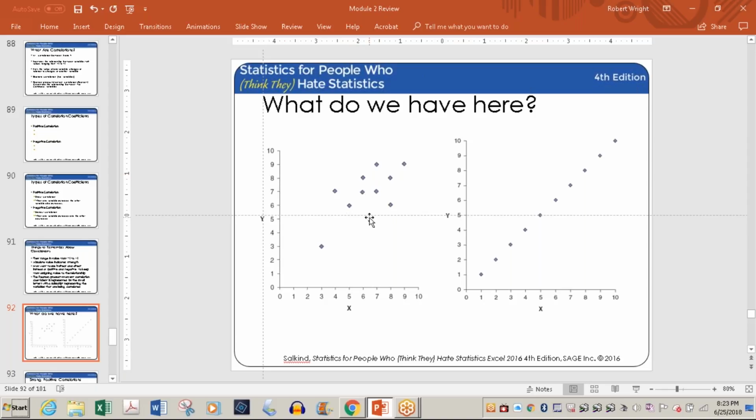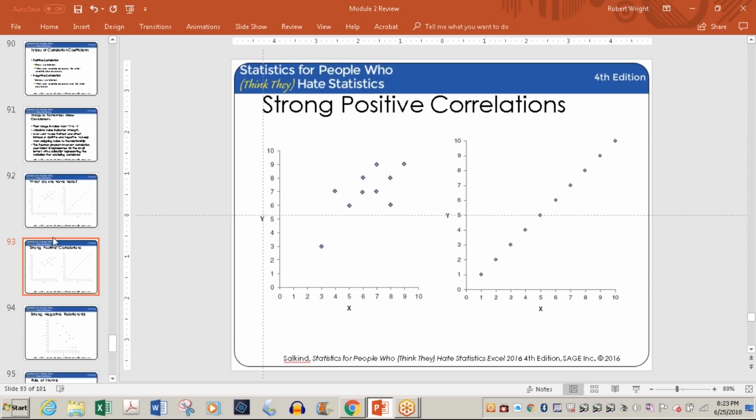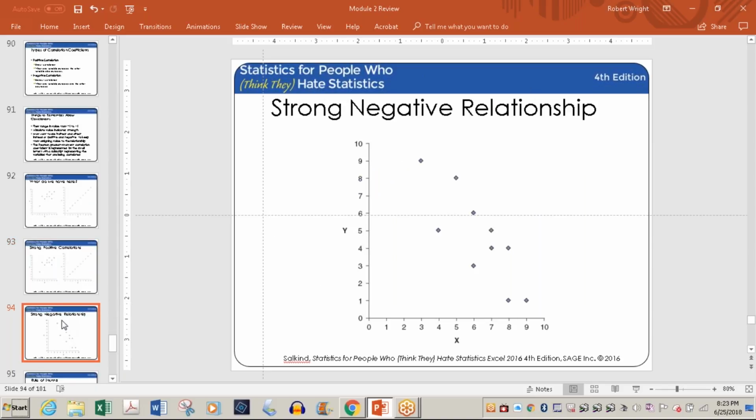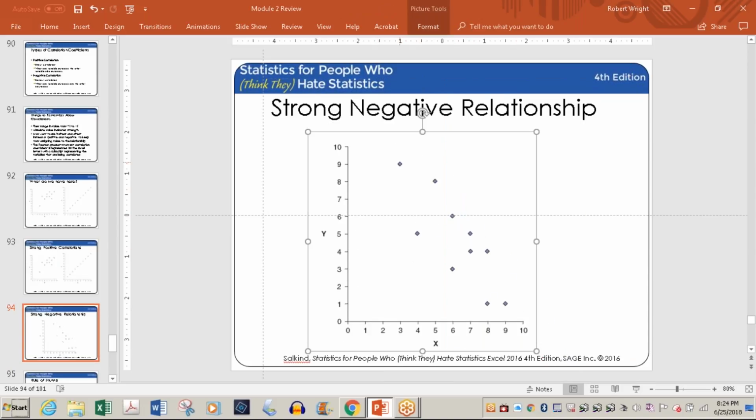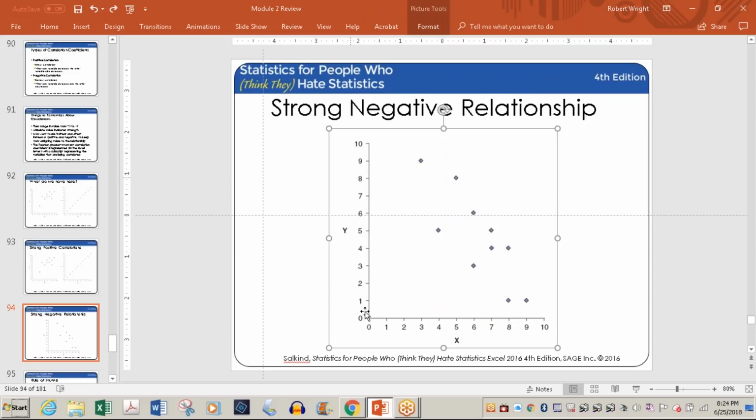Now on the flip side of that, here's a strong negative relationship. You see, it's a downward direction of your correlations. Here, whatever 3 was, 3 pounds, they were able to lift it 9 times, but 4 pounds they were only lifted 5 times. And sometimes it's not going to be a straight, 1 to 1 correlation. It'll scatter around, but you can see the general downward trend, and that's what's called a negative correlation.